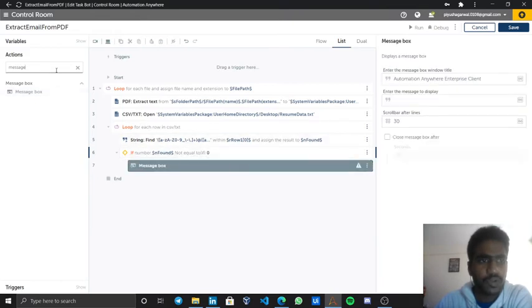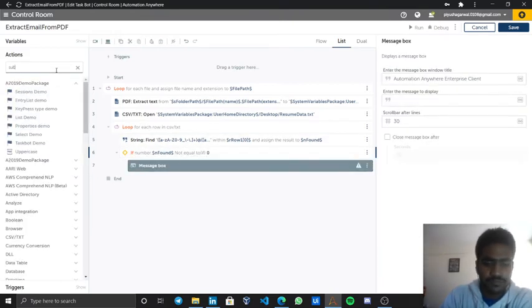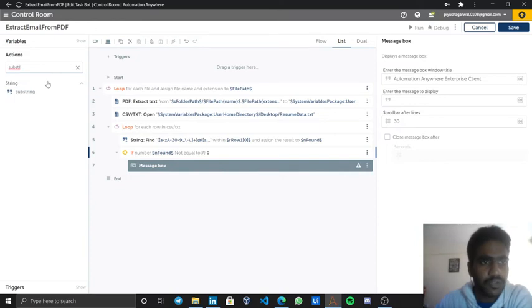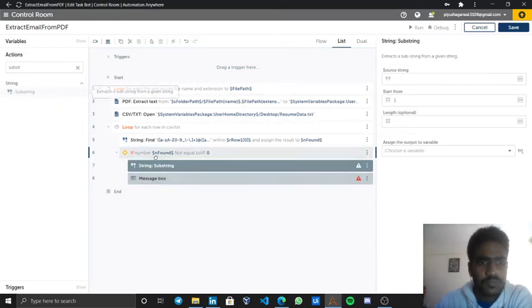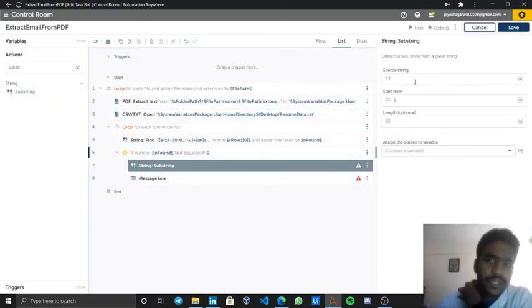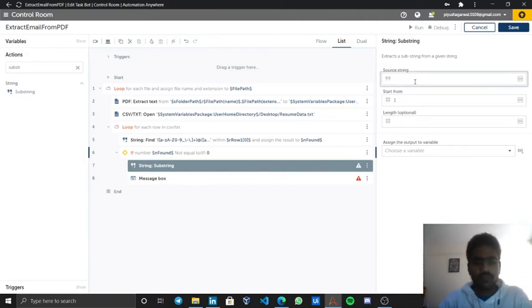So a message box, and maybe we would need a substring also. The idea of substring is that from a complete string it gets me a part of it. So the complete string would be row 1 dollar.